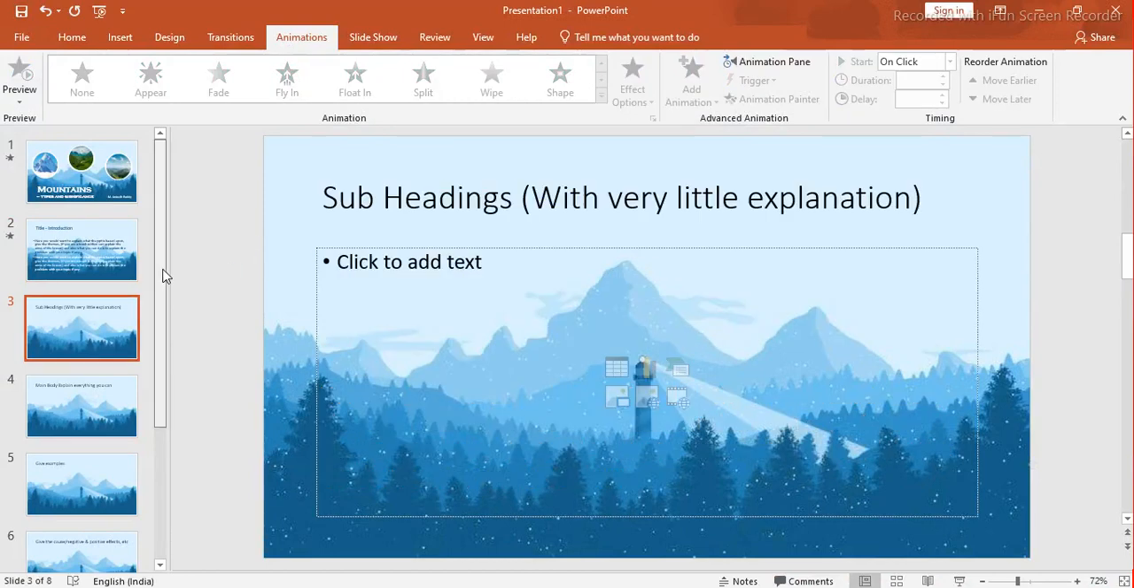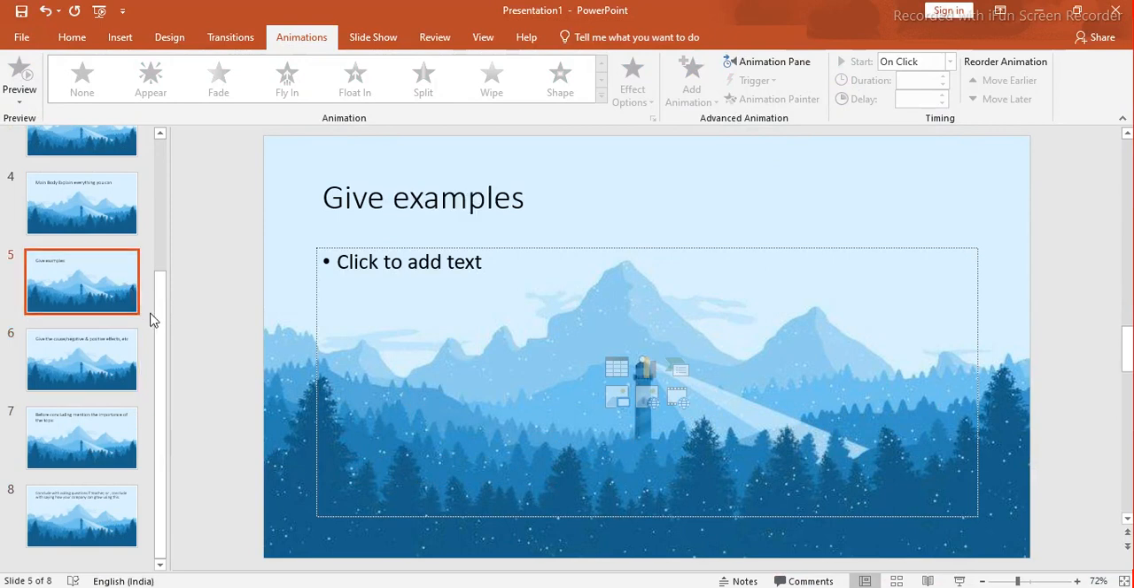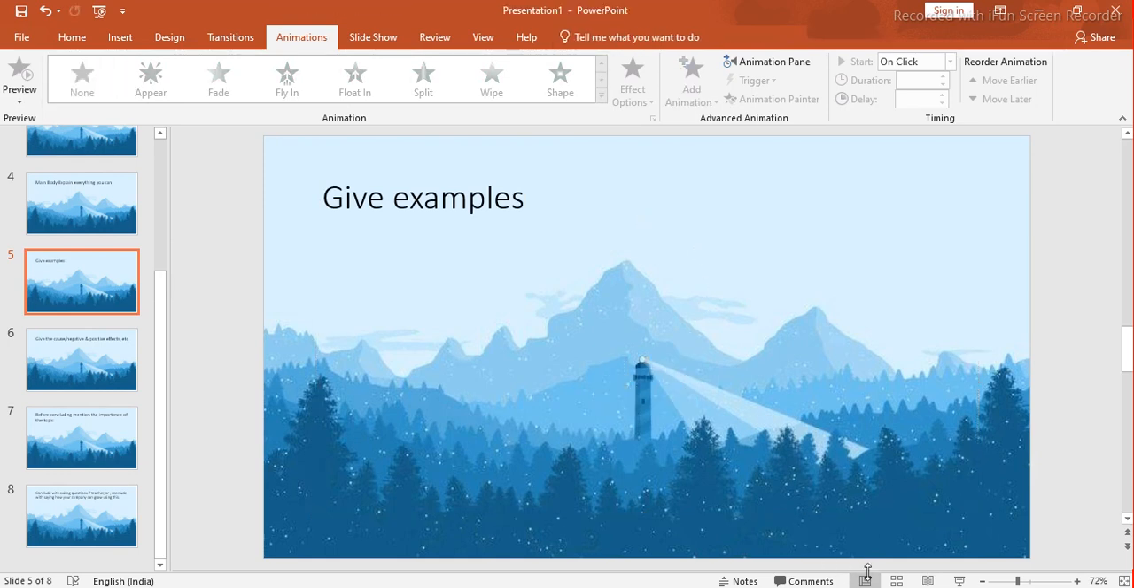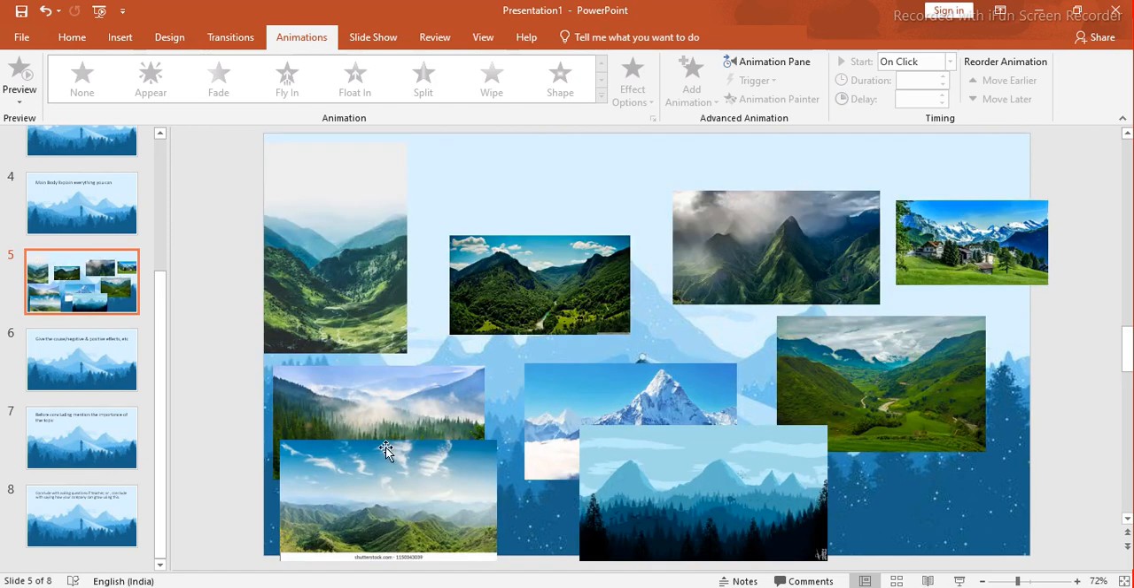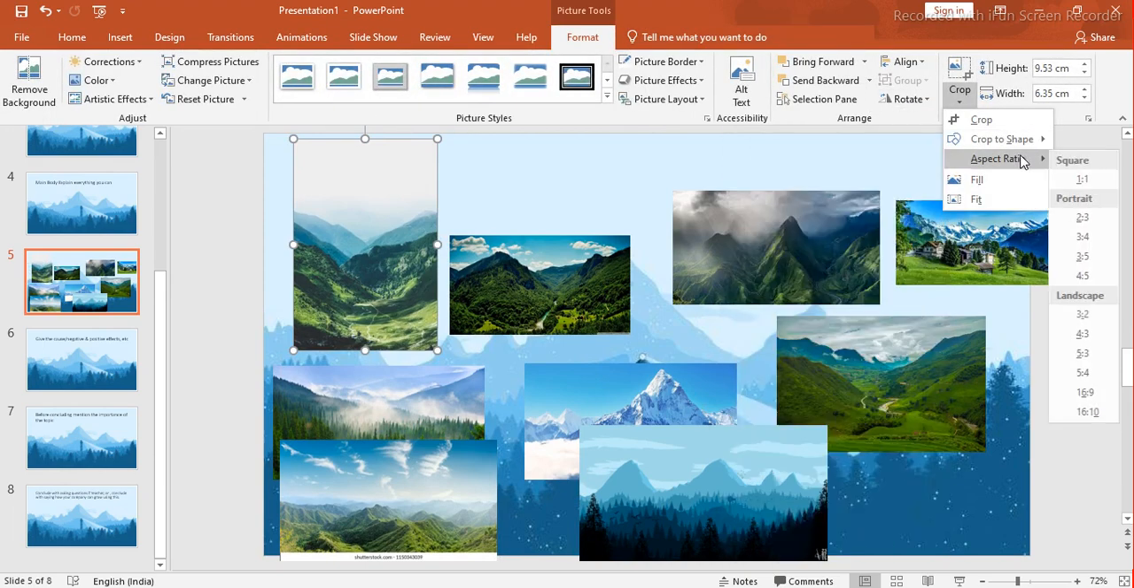Now you can actually do this with all the rest of the pictures, but I just want to show you one thing which you can do with the give example slide. You usually would insert images, right? So what you can do is add a 3D image. Now I'll show you how to create a 3D image. First you would need around 9 images, so let me just go browse the internet and select them. So I've selected 9 images here, and what I'll be doing is going to format, go to crop, select the